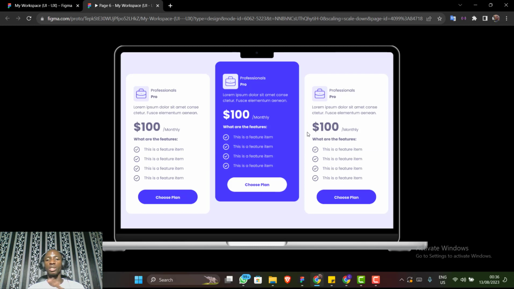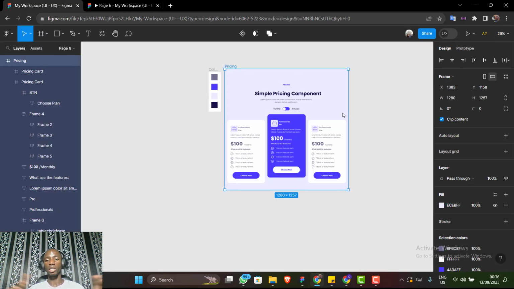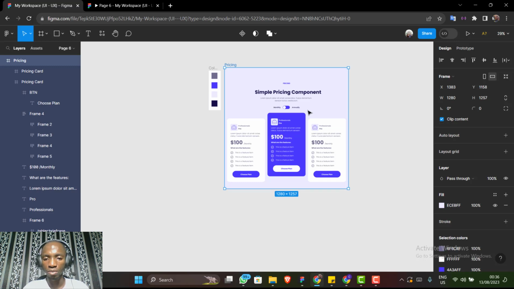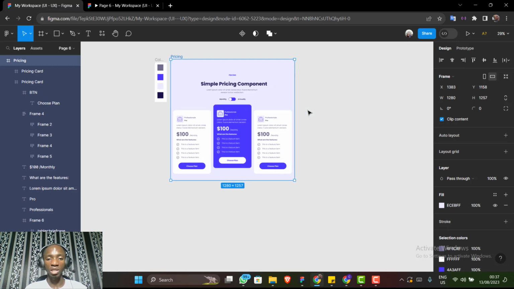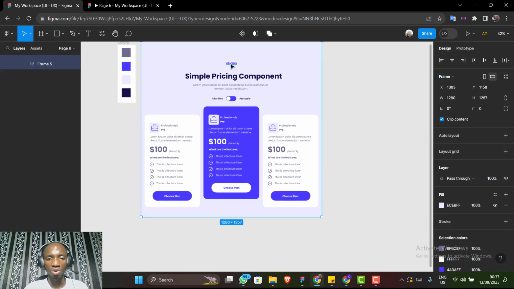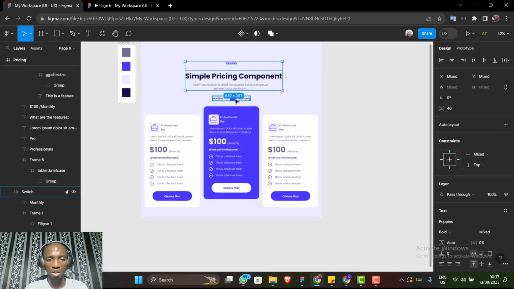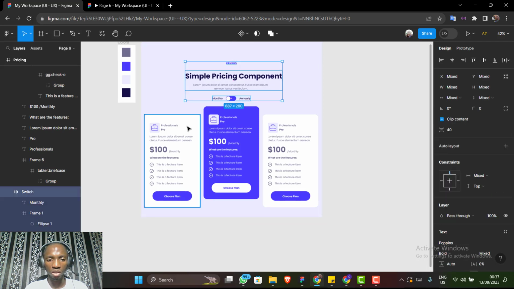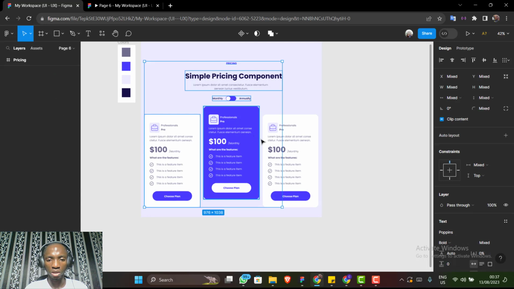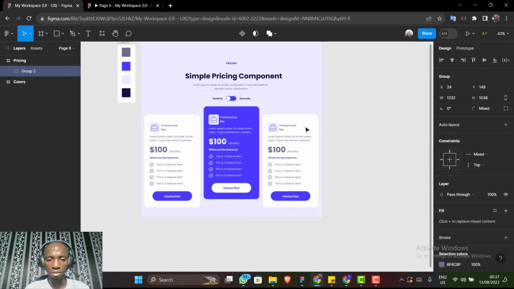All right, now it's time for me to make this work. Note this is a component, right? So what I'll be doing is select all this, this, and this. I'm going to do Ctrl G to group them,